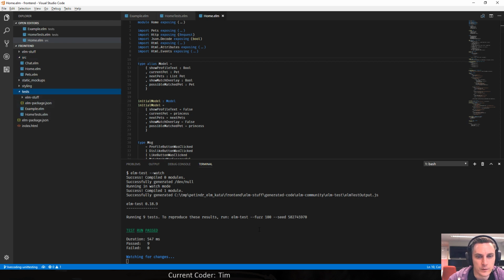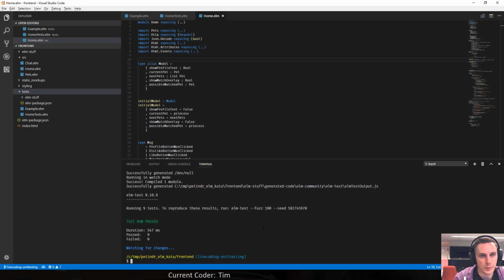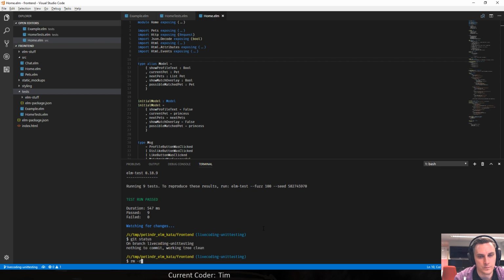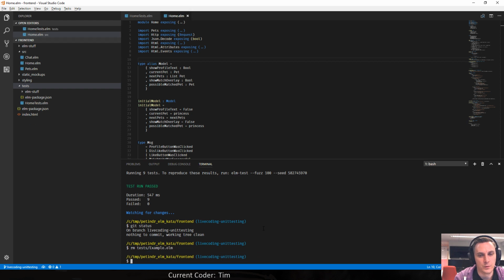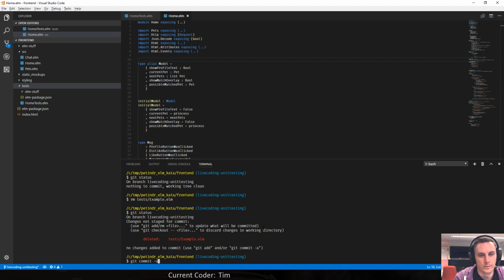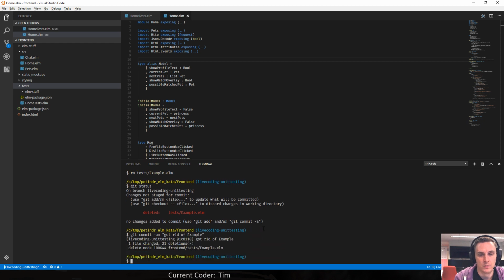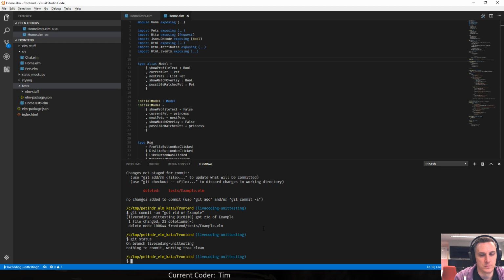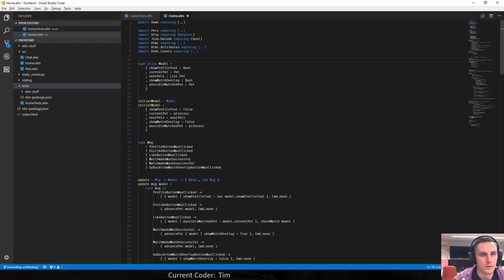I hope we can destroy Elm example. Tests example. Okay. With everything in there basically, right? However,